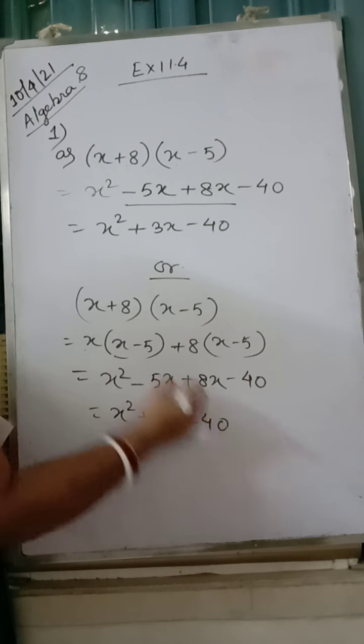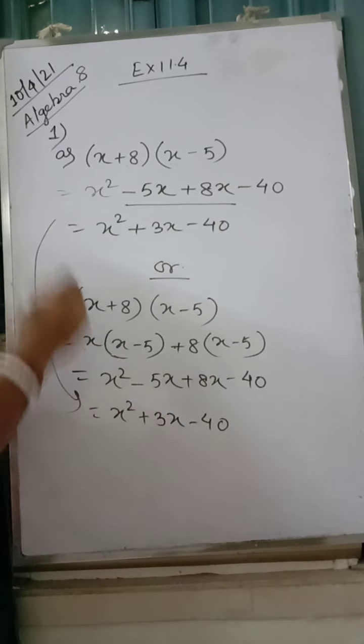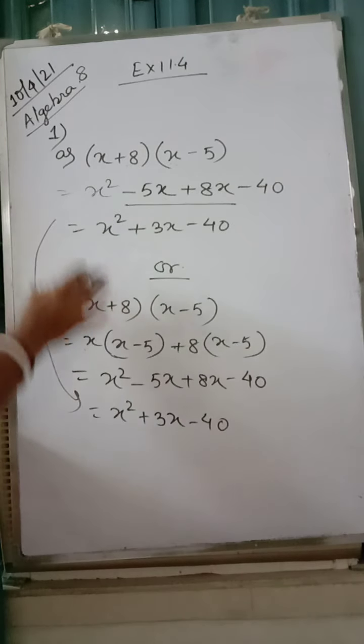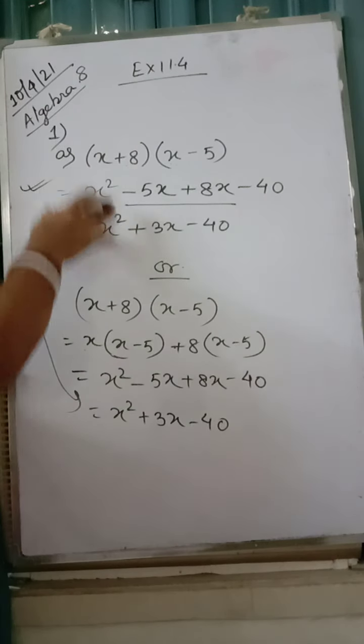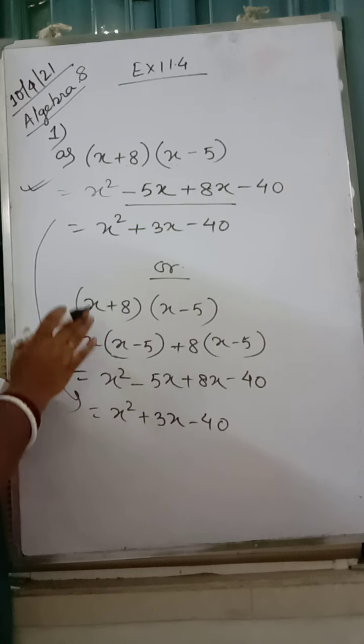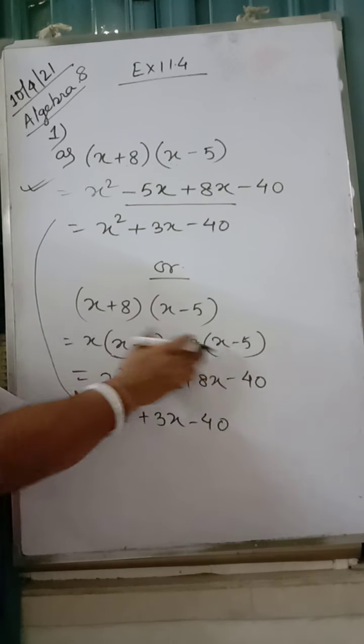Did you get the same thing? It's the same. Here I have expanded and here I have done direct multiplication. So this line is not done here. It's up to you. If you are confident enough, comfortable enough, you go straight. If not, write the algebraic expression in this way.